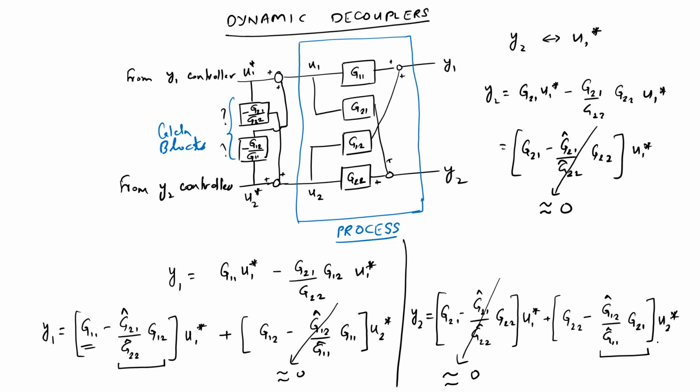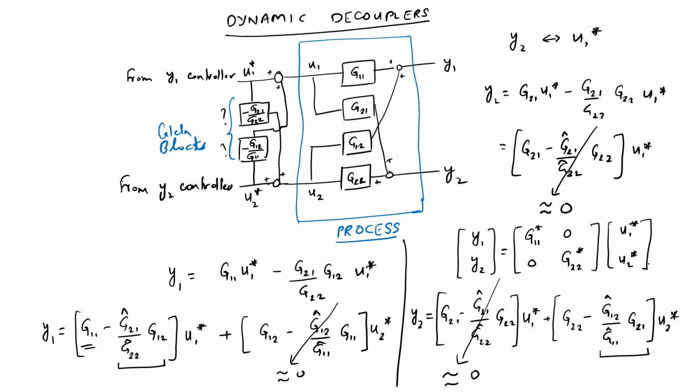But the beauty of the system is, if you look at it in matrix form, what you then get is y1, y2, and if we assume that those cross diagonal terms are perfect, that there is no plant model mismatch, then what you get is g11 star, g22 star, this guy is 0, this guy is 0, multiplied by u1 star times u2 star,